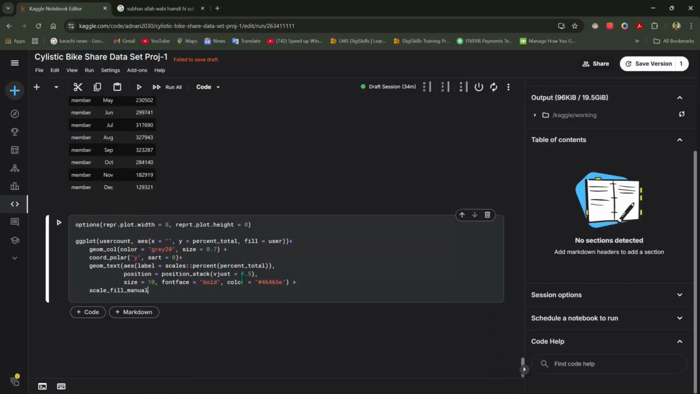Yeah, it is scale_fill_manual(values = c("#91T8E0", "#42A0AB"), and now we are going to write name. Name is "Types of riders",